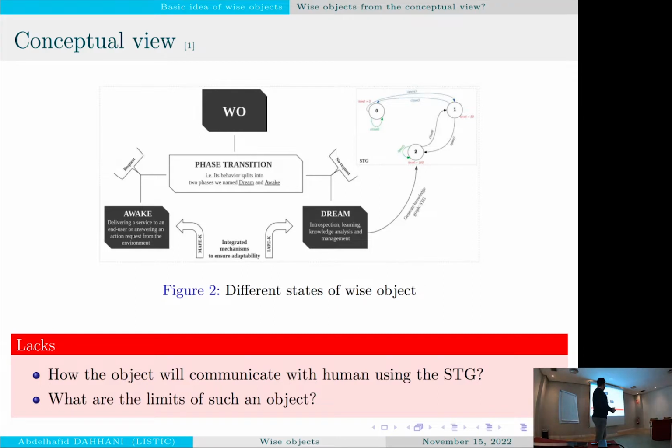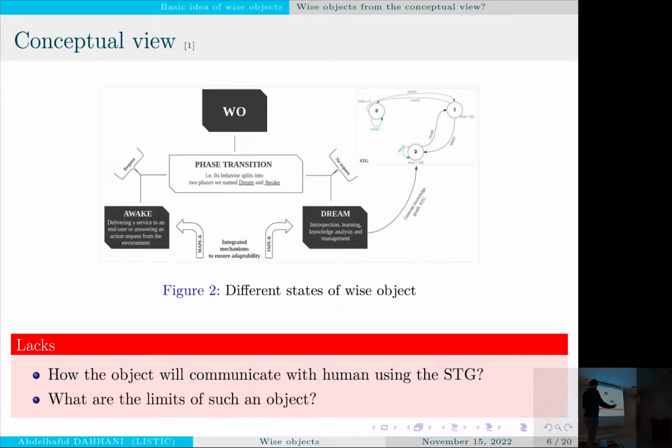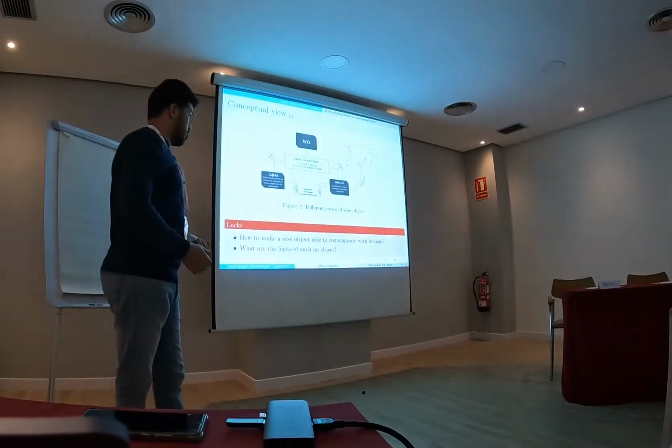Now with this graph, I can say that the Weiser object will say, I am on state 0, I am on state 1, I am on state 2. But I can't understand what state 0 means: is the roller shutter open or closed? We can't understand numerical values as humans. We have a problem with numerical values, but we can understand the semantics, the meaning. When the roller shutter says, I am open, I can understand whether it is open or closed. So, pushing the Weiser object to communicate with humans: how, and what are the limits of such objects?